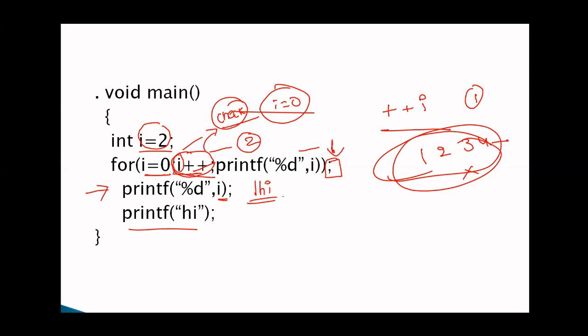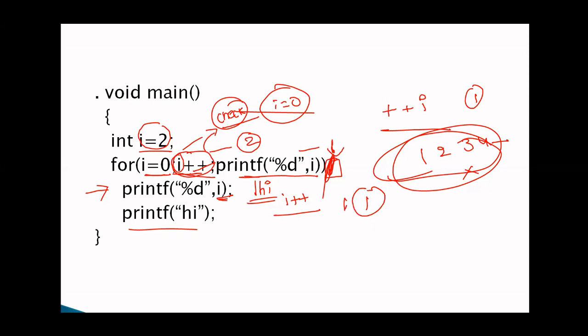For example, assume here we are using the same post increment. Suppose I am removing the semicolon here. What happens? That is also important. Analyze it yourself. Suppose I will explain. First, in I plus plus, I value is equal to 0. So after 0, we come out of the loop, and I value becomes 1. So this printf is completed. And then again printf percentage I. Again 1 is printed another time.